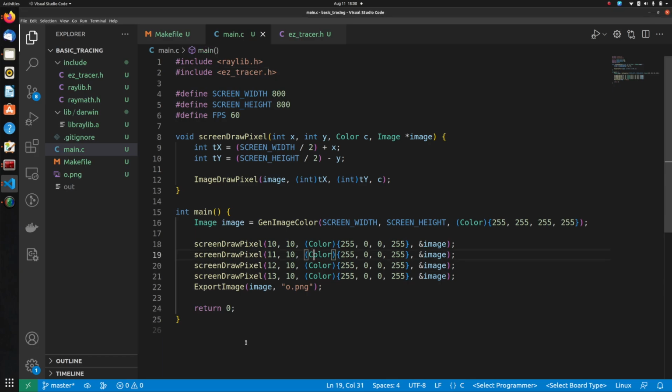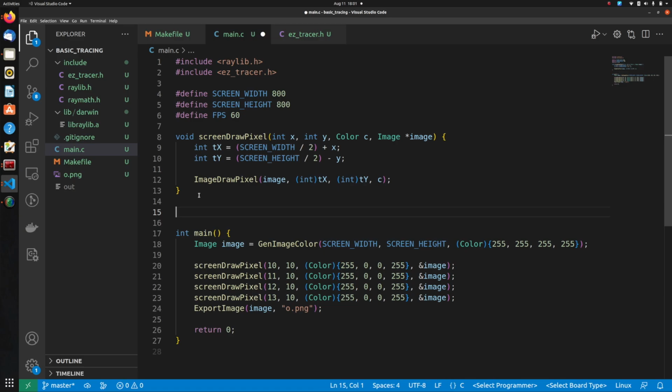Cool. So next what we'll do is we'll create a function which will determine the direction of a ray originating from the origin. So remember, the direction of a ray originating from the origin is nothing but v minus o, right? So since the ray will pass from one of the cells in the viewport, let's say the cell is v and the origin is o, then the direction is simply v minus o. And this direction we will calculate corresponding to a pixel on our canvas. As we discussed, for every pixel or cell on the canvas, we are going to map that pixel or cell to a cell on the viewport, and then we will find the ray that passes from origin through that cell